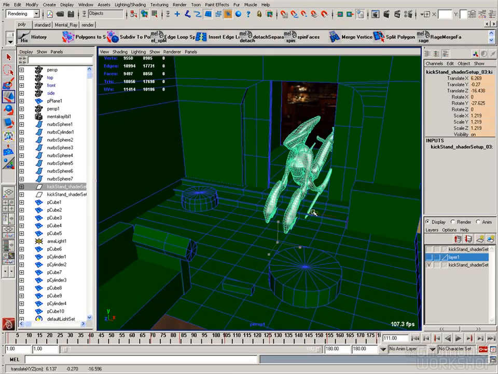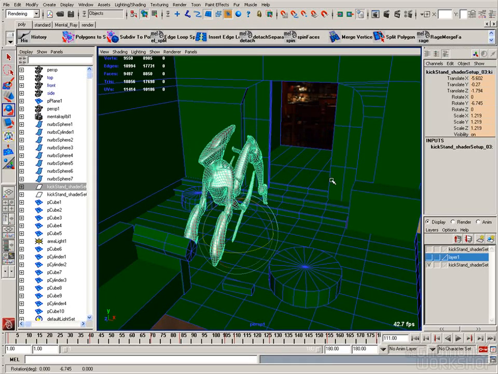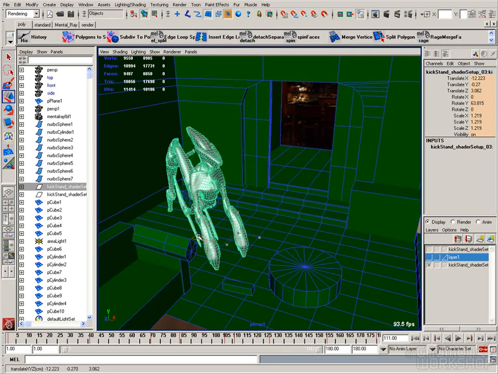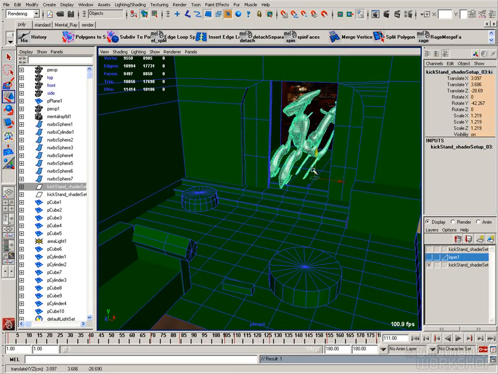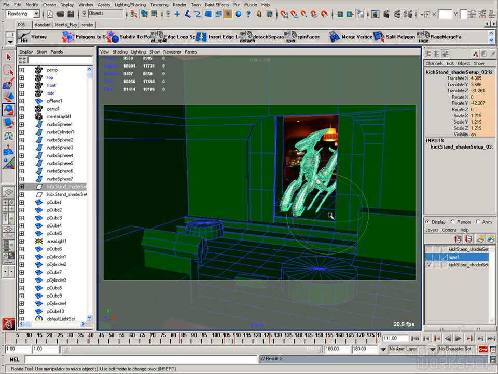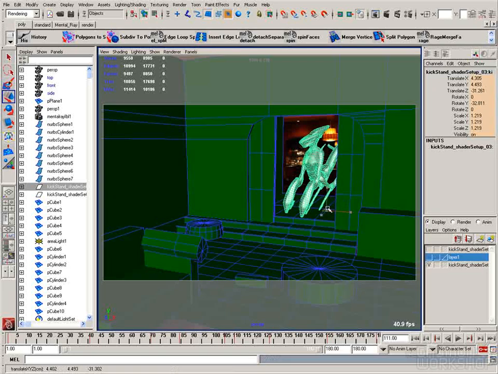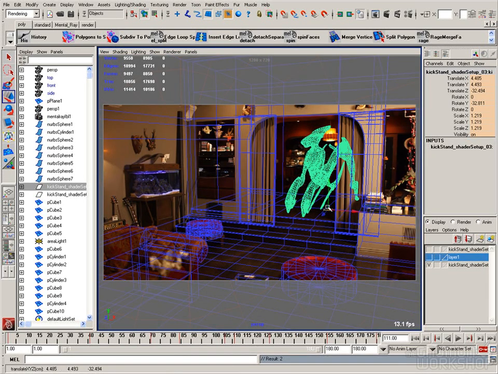And the nice thing is now I can move him around my little environment inside here. It's useful because it allows us to judge the scale of the character in a real location. But instead of modeling a whole set,